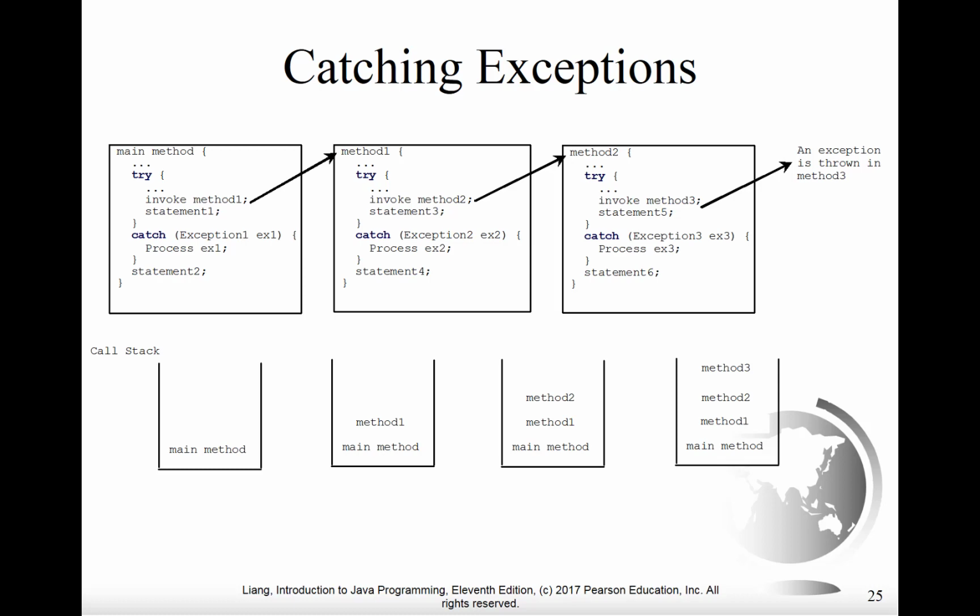So, because an exception has been thrown, we bail out of our try block. We do not finish it, so we don't do statement 5. We move down to our catch block and we see if we can catch the exception, but we can't because our catch block is designed to catch exception 3, and that's not what this is. So we have to bail out of the catch block. We never get to do statement number 6 again, and we're back in our caller where we left at statement,